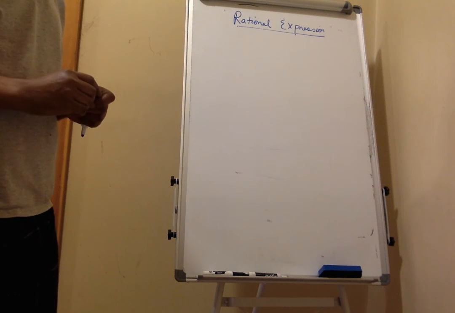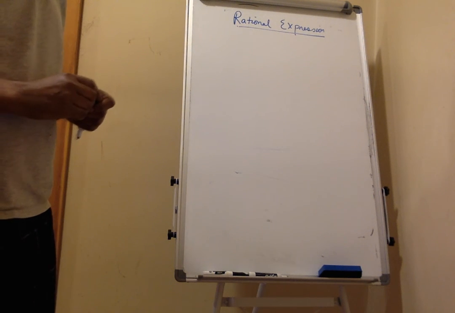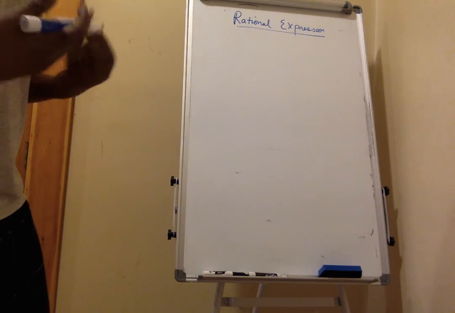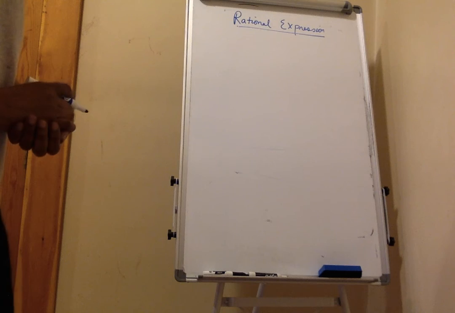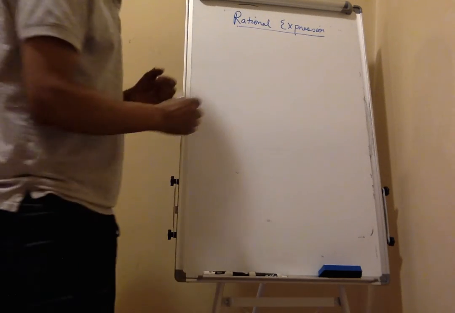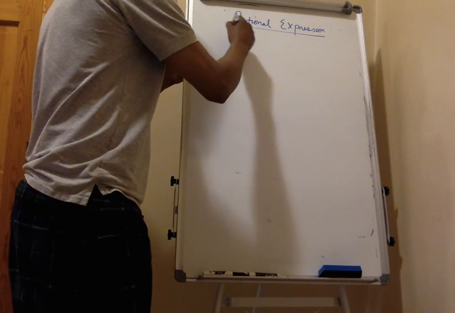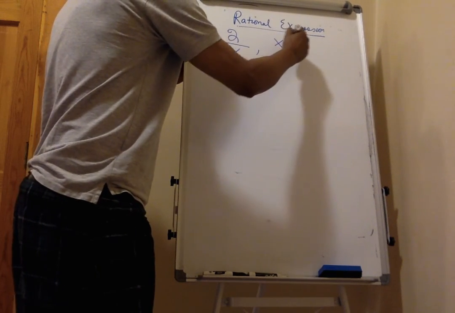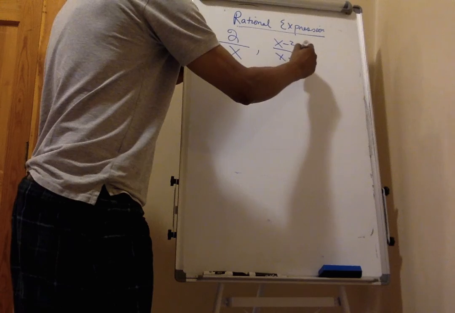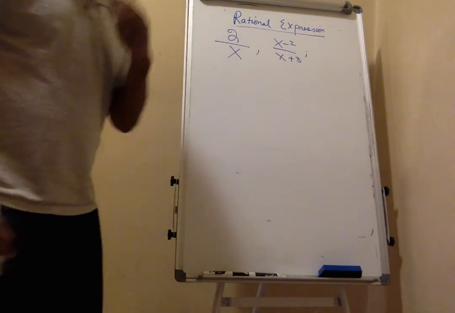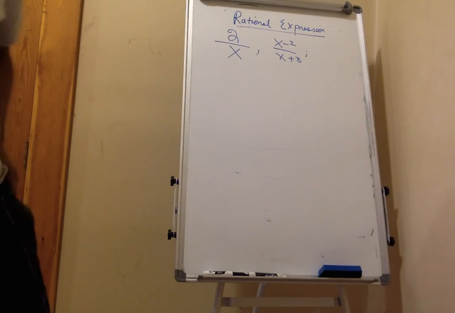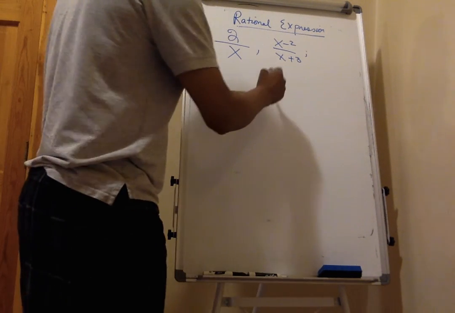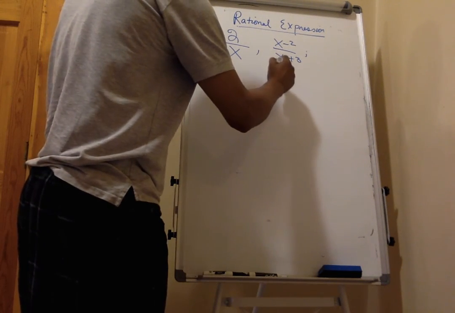Today we'll be talking about rational expressions. By rational expression, what we mean is fraction, but in this instance, we are including algebra. So if I have 2 over x, x minus 2 over x plus 3, and so forth, this is what we mean by rational expression. So the first thing that we're going to do would be, I know you have seen this, any number